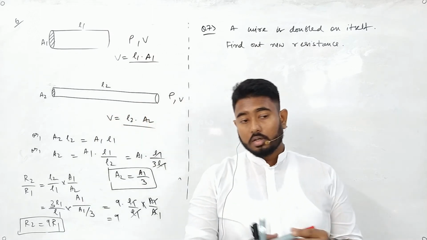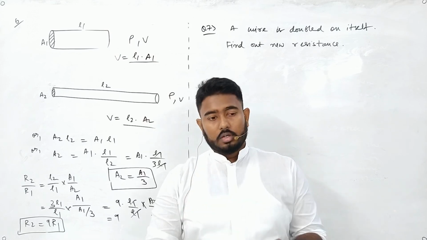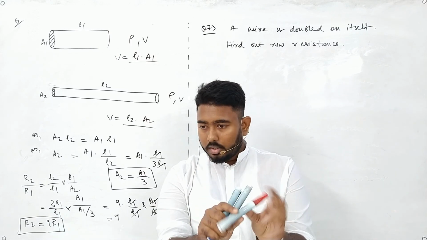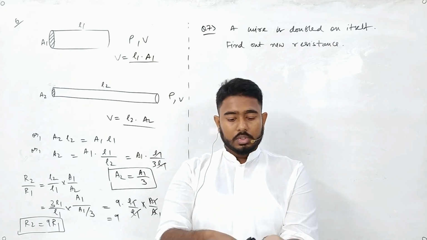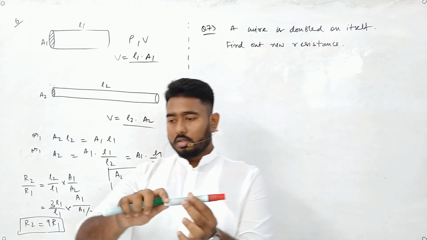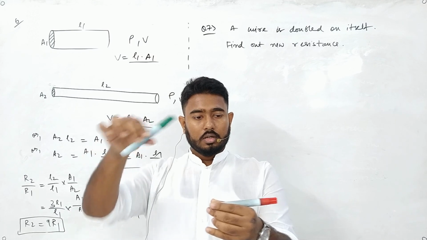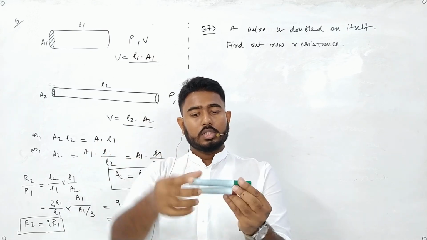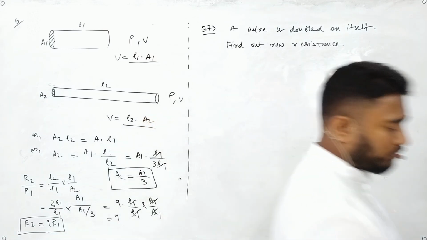If you have a stick, how do you double it on itself? Yes, good. So you break it and you put it on top of that. You break it from the middle. Suppose this is your initial length. How will you double it on itself? You will break it and then you will attach it. So this will be a new wire. Okay, find out the resistance of the new wire.